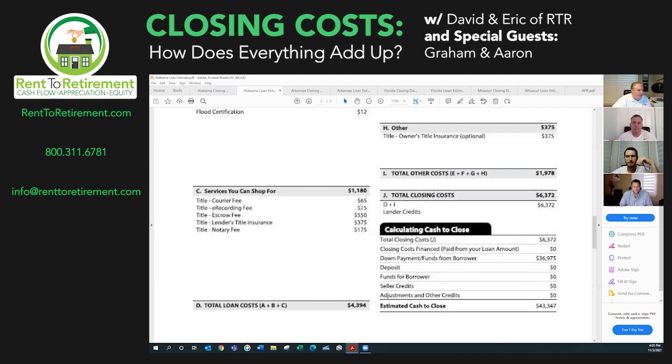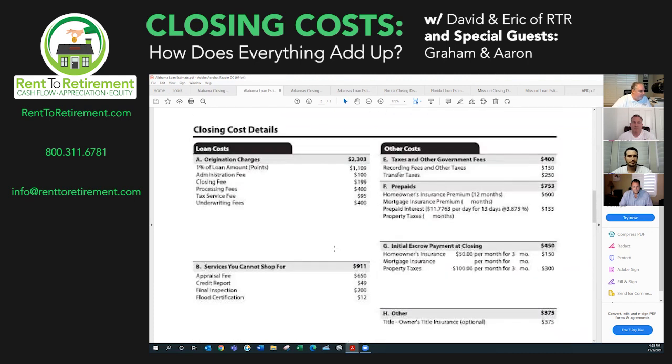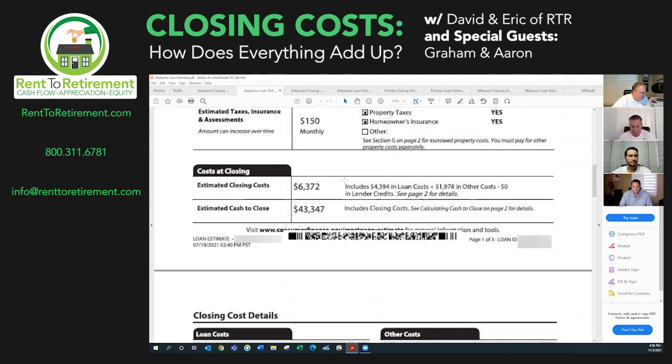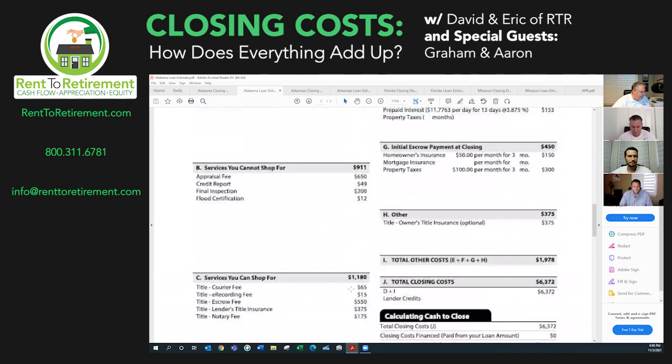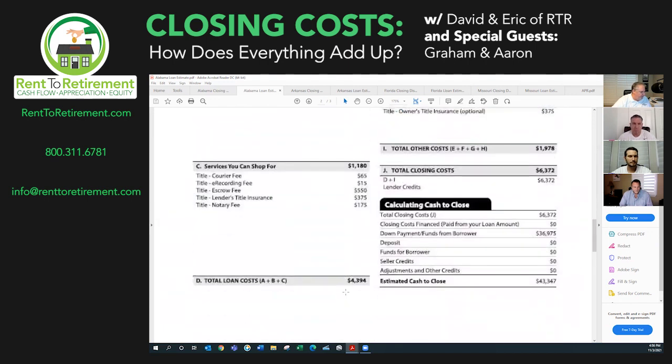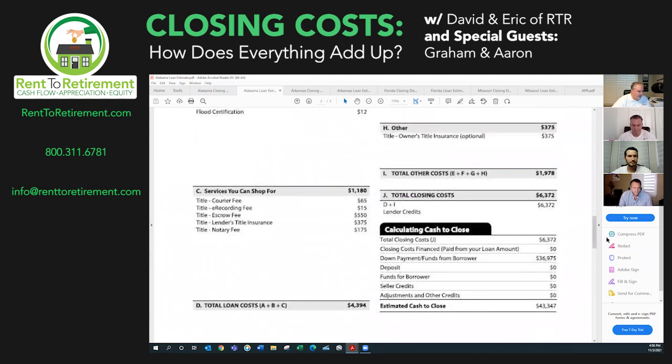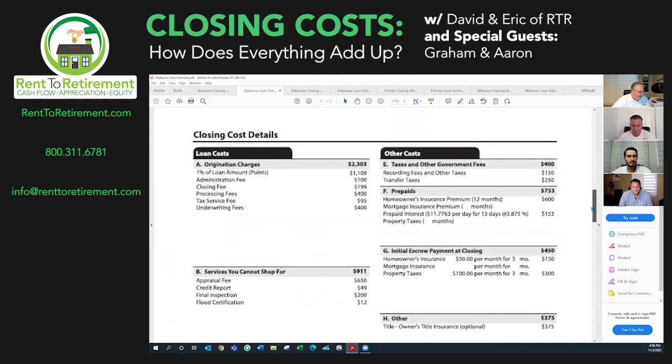Now, this is where we're going to show some significant differences by state, because it does vary quite a bit by state. But if you can recall, when we looked at that very first part of the page up here, and we'll go back up, when we said $4,300 for cost, well, there it is at the bottom, $4,300. And then the rest of it is all over on the right-hand side. I'm going to let Aaron take it from there.